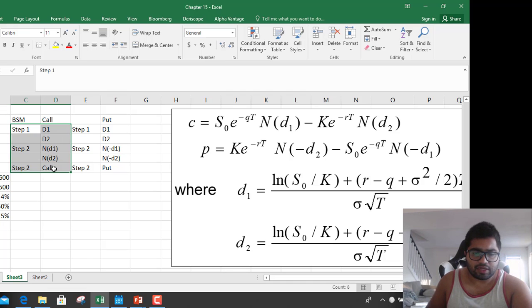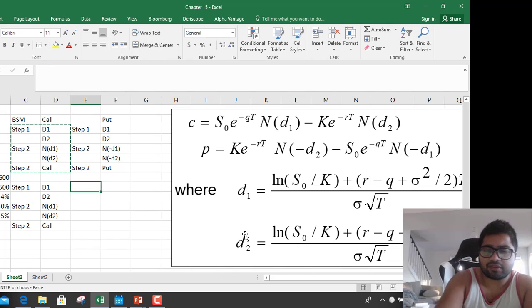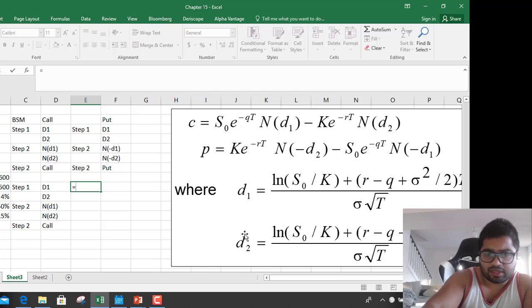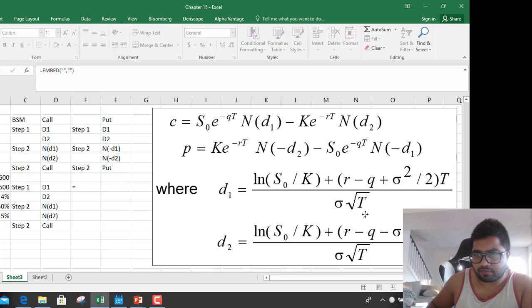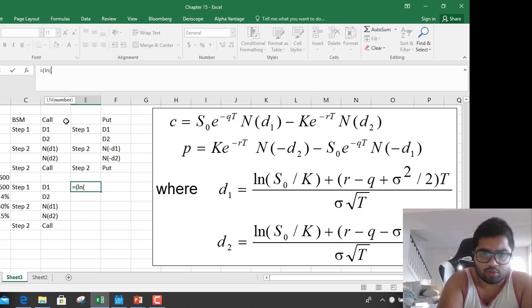Okay, let's do call first. So step 1 in call, calculate D1. D1 is using this formula. So D1 is natural log, okay, S0 by K. S0 is 3600, K is 3500. I'm putting that, plus